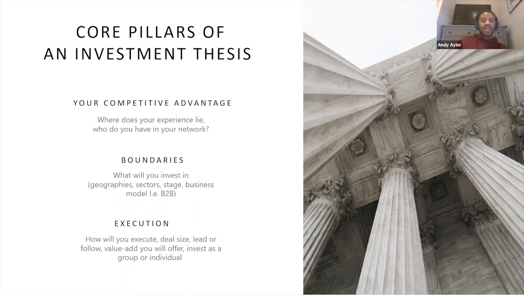And then finally, when it comes to execution, it's all about thinking about the deal size, how much you're willing to invest. You know, for now, you're probably going to follow into deals, but at a point, you may choose to lead into deals. So, you know, Rod talked about Chris Abadesh, I always say his surname wrong, and Peter